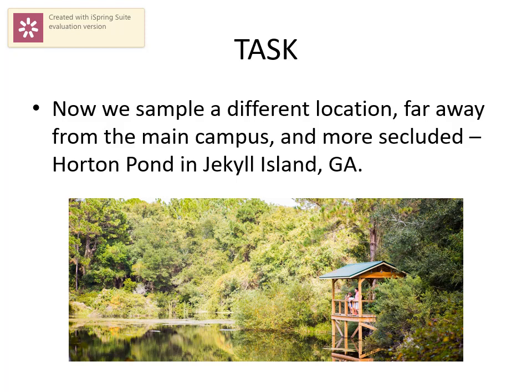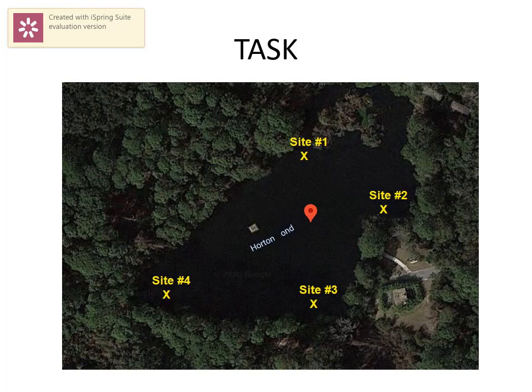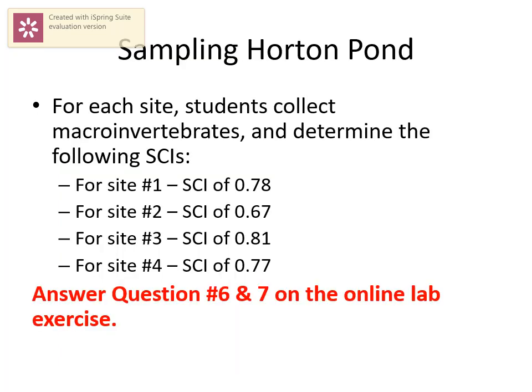Now we're going to sample a different location, far away from the main campus and a bit more secluded, Horton Pond, in Jekyll Island, Georgia. This is a much more remote, more secluded area with fewer people interacting with it. We're also going to survey 4 sites on Horton Pond. For this particular area, we get 4 SCIs: 0.78, 0.67, 0.81, and 0.77. You're going to do the same thing here. Calculate the average of your 4 SCIs, your indexes,